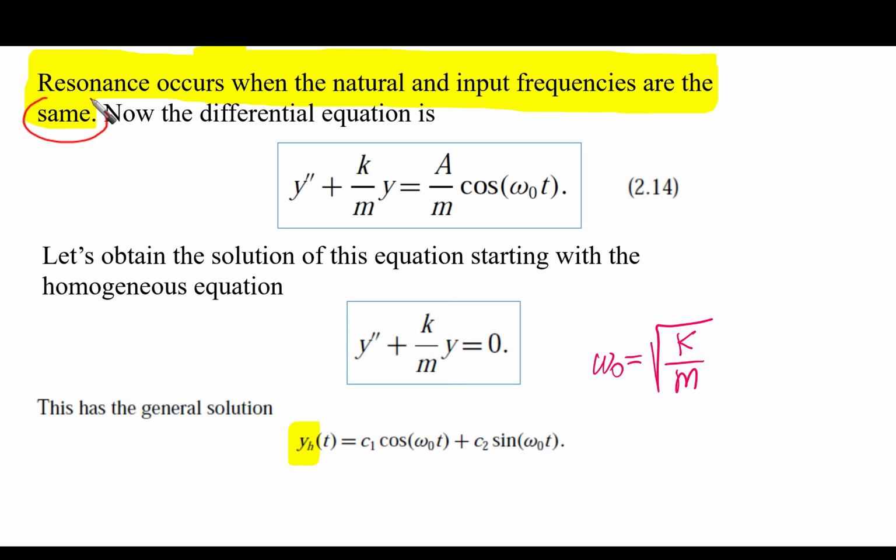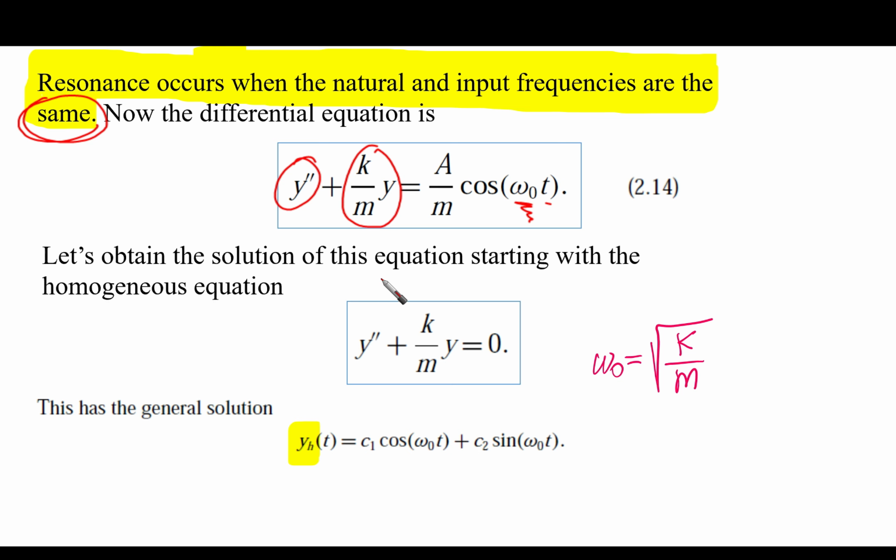Now the case where resonance occurs is when the natural and input frequencies are the same. That's the point. So they are the same and there is no damping. Now the differential equation comes to be the same. The left hand side is the same as before, equal to A over m cosine omega naught t. So the equation,